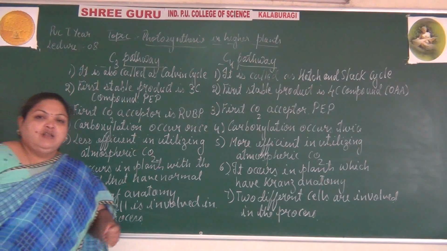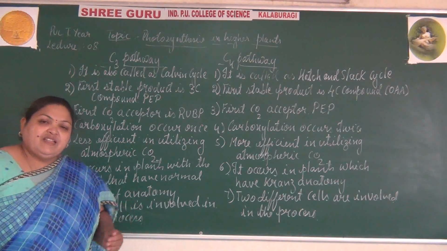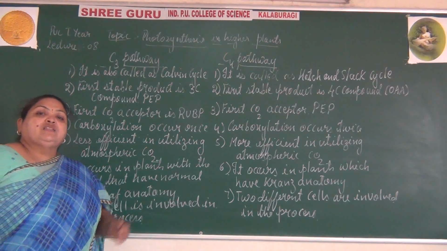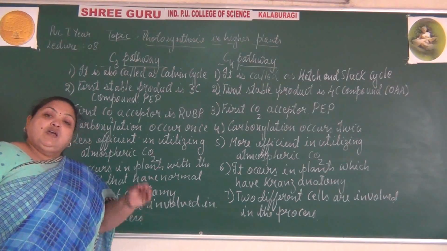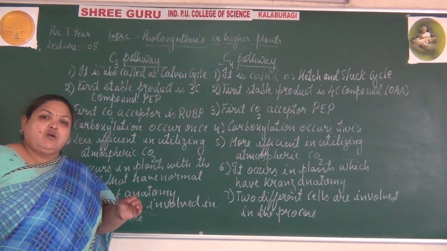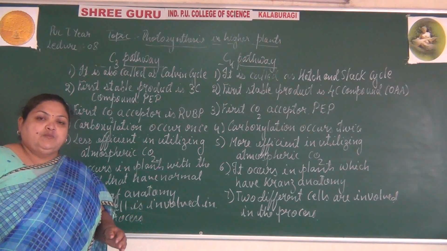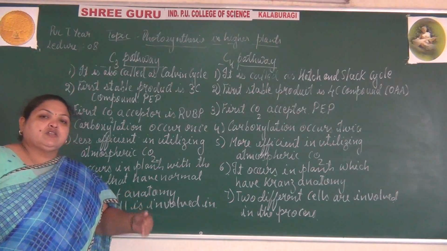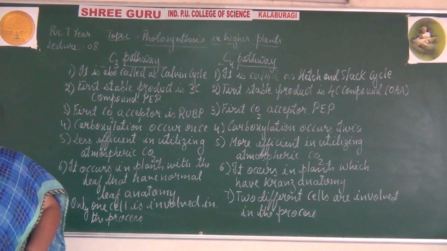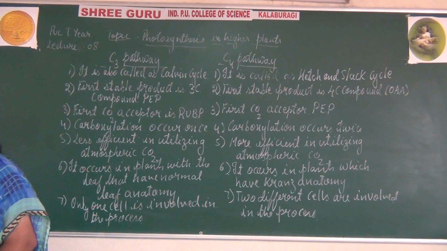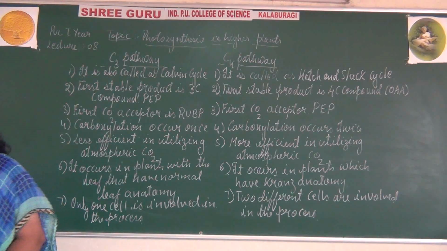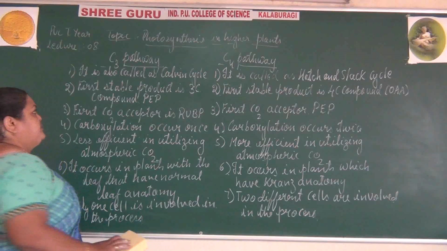We have studied the light reaction and the dark reaction. Now, in the light reaction there is a last process where there is no synthesis of ATP, but still some of the plants undergo this process. This reaction is called photorespiration. So the next concept is photorespiration. We will go through the definition of photorespiration, why it is included in the light reaction, and what happens during the process of photorespiration.